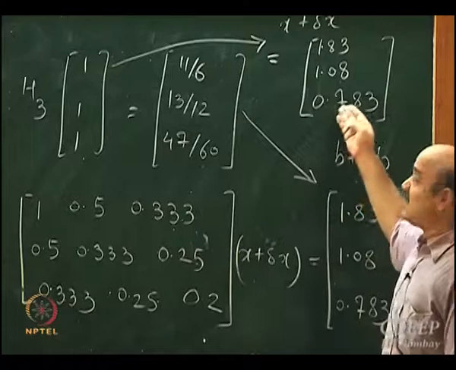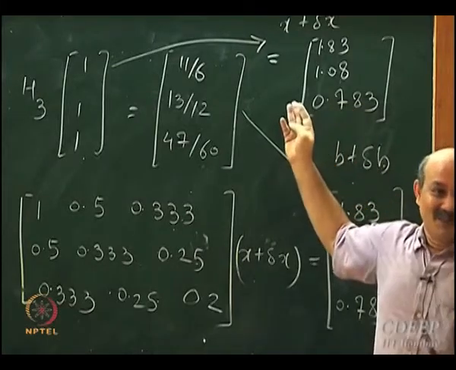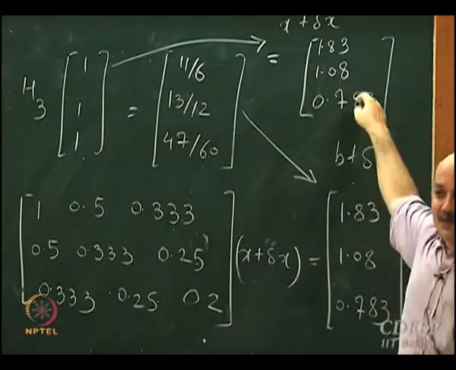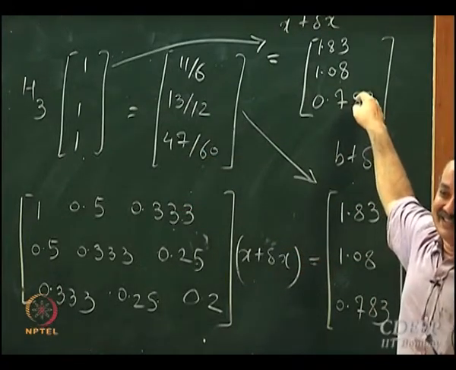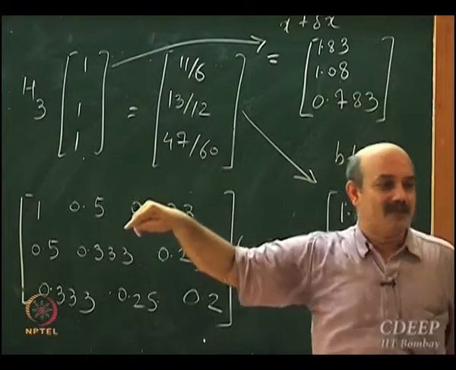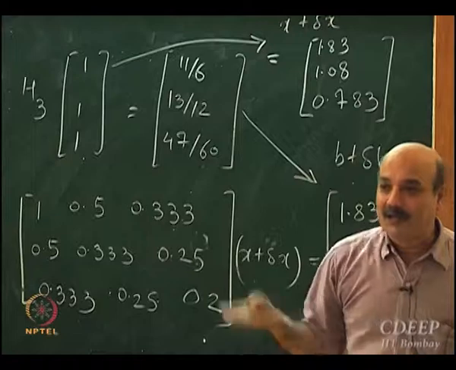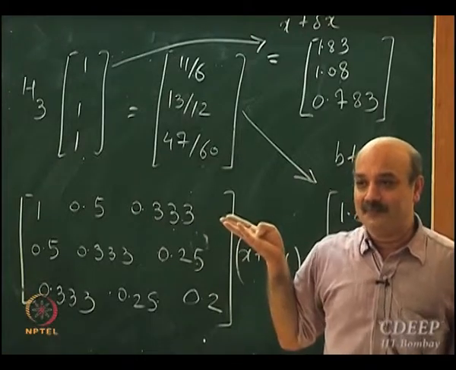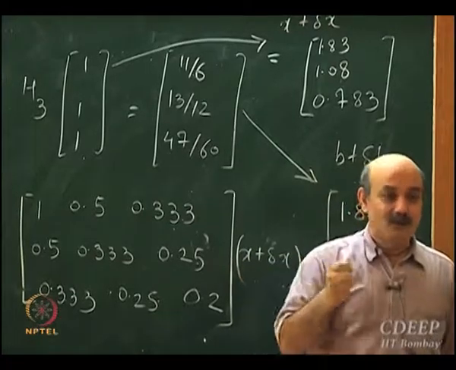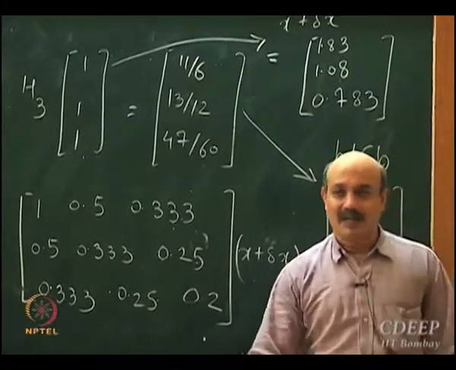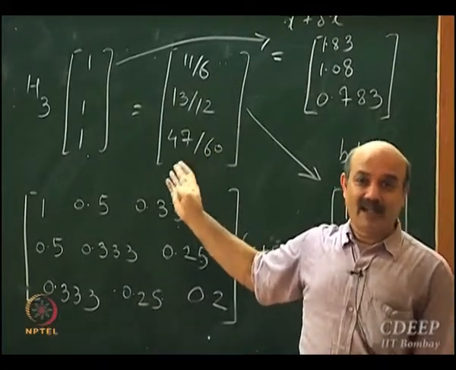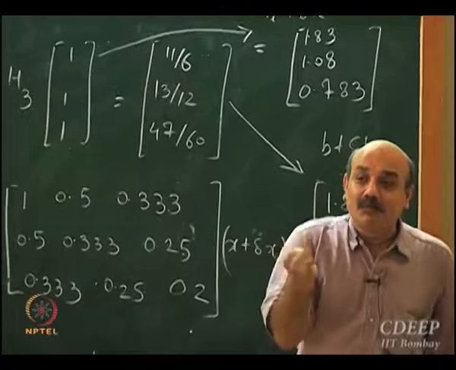Which solution is the correct solution now? The correct solution is 1, 1, 1, right? What you are getting here is completely different. Just imagine what will happen if the condition number is 10 to the power 6 or 10 to the power 4 or 10 to the power 5. So the solutions which MATLAB gives you, or not MATLAB, I shouldn't single out MATLAB, any software will give you for a matrix with high condition number is likely to be garbage, and you should know this.